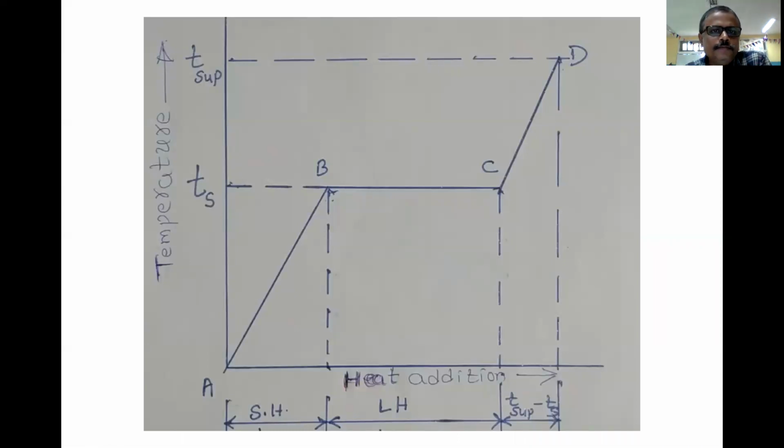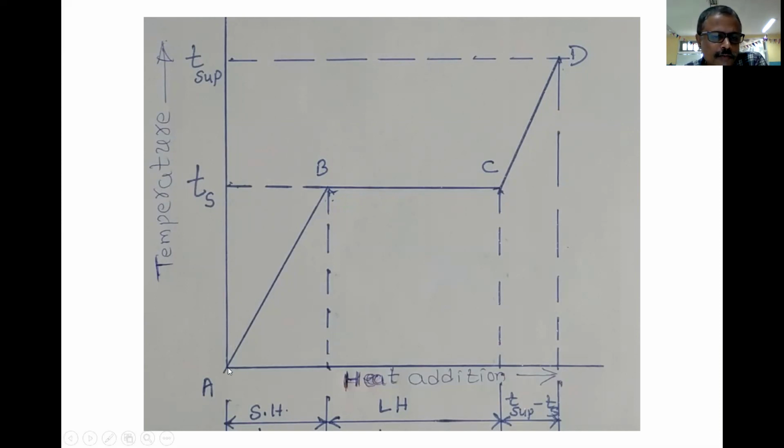Now, the steam formation at constant pressure can be best understood by this graph of temperature versus heat addition. In the x-axis, there is heat addition; in the y-axis there is temperature. That is, in the x-axis you can see you are continuing the heat addition process, and in the y-axis you can see the temperature increasing. So this graph will tell you how the steam is formed.